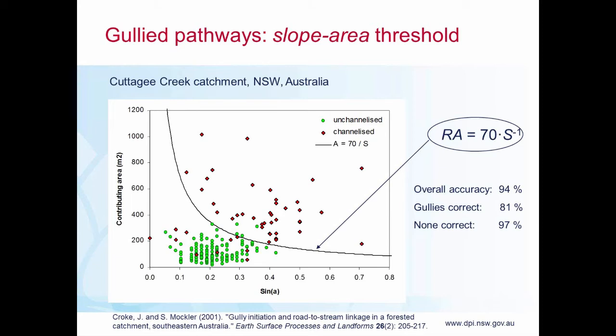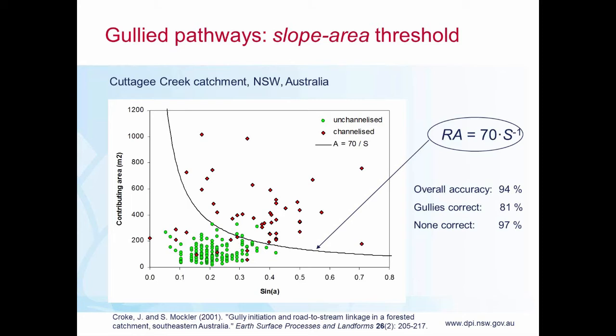Moving on, there is a bit of science around this. It's pretty well acknowledged that the creation of gullies or gully heads is related to a slope area threshold. This here is some work that Jackie Croak and Simon Mockler did on the south coast of New South Wales that came up with a relationship between the contributing area, which is effectively the catchment area above a pipe or a drain, and the slope of the receiving hill slope. So as you can see, if you're above that line, there's a lot of channelized outlets, and if you're below that line, the majority of the unchannelized